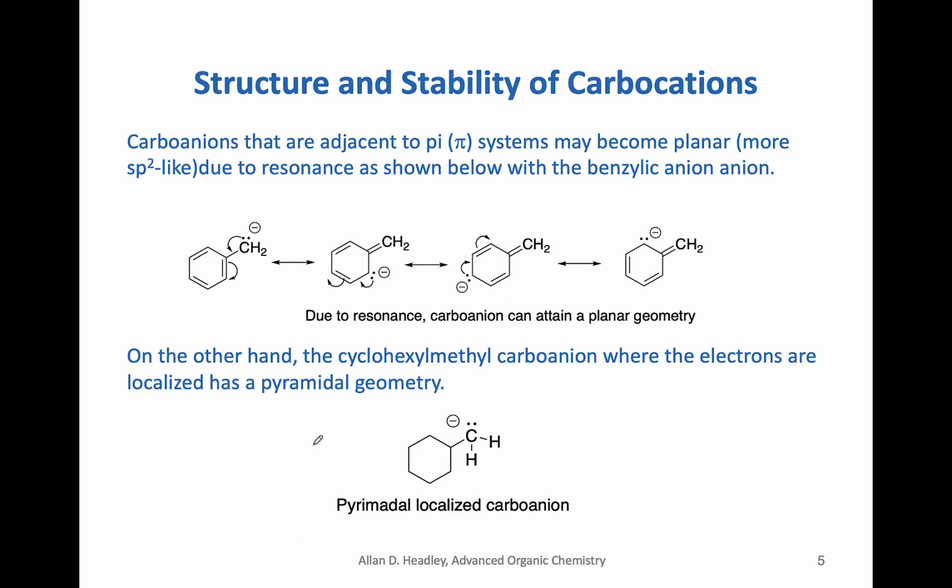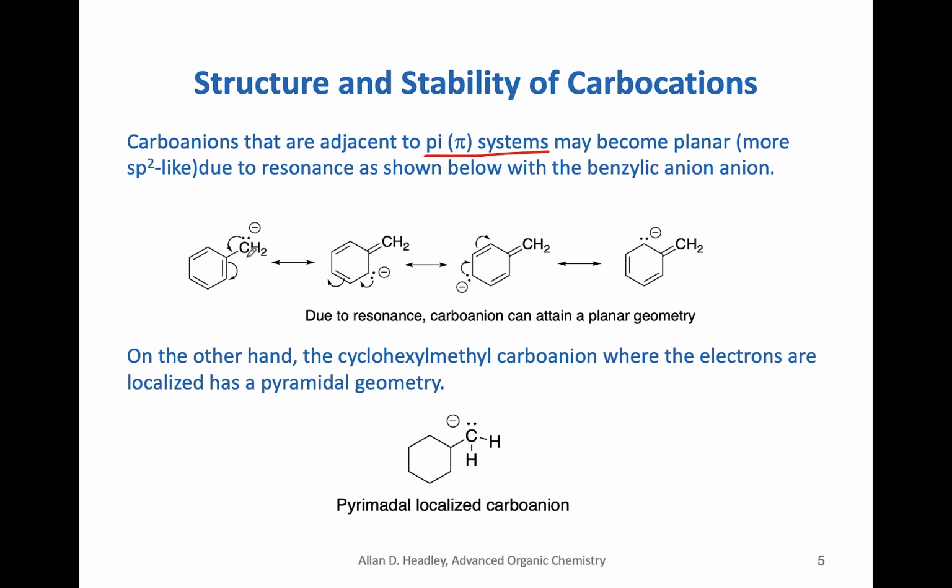Okay, let us look at carbanions that have pi systems on an adjacent atom. Is it still sp3? As you can tell, here's a benzylic carbon. It's bonded to two hydrogens and to the phenyl ring. So it looks like there are three bonds here, so it should be sp3, where these electrons are in an sp3 orbital, and you would expect it to be